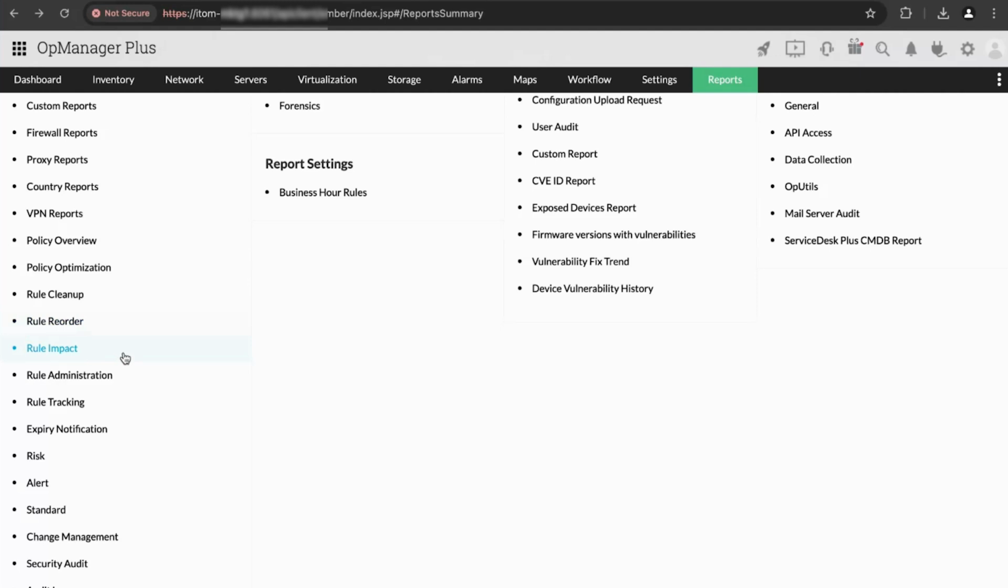We also have other reports like the rule impact report. Rule impact reports help you perform in-depth impact analysis before implementing new rules. The rule impact feature helps assess potential risks, detect threats, and optimize proposed rule changes. So using the policy overview report, you'll be able to get an overview of the entire